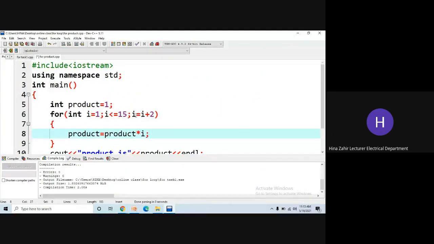You can also write it I plus is equal to 2, but the reason that I have written I is equal to I plus 2 is for the easiness. So that means now I is equal to 1, it will go up till 15, but the next time I is not going to be 2. The next time it is going to be 3, because I have written it here that jump 2 times. इसका मतलब ये है कि ये 2 जंप मारेगा, क्योंकि यहाँ पे मैंने इसको कहा है. तो नेक्स्ट टाइम आई की वैल्यू 3 होगी, और उसके बाद 5 होगी और 7 होगी.